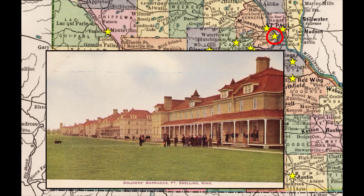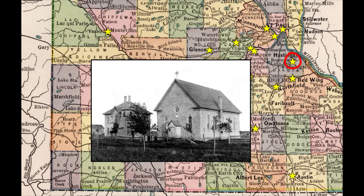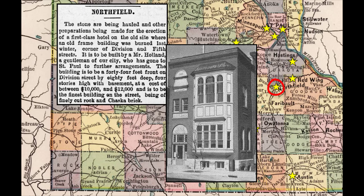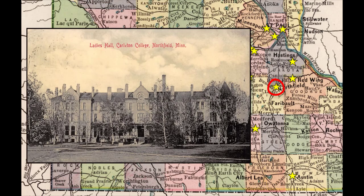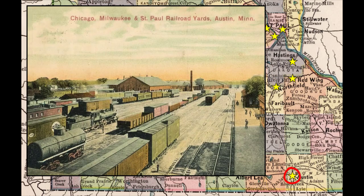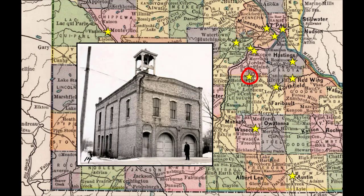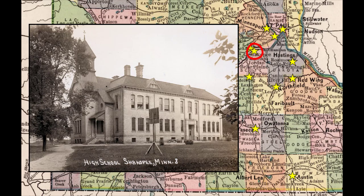Chaska brick were used in the barracks buildings at Fort Snelling, St. John's Catholic Church at Vermilion, Citizens State Bank at Cannon Falls, the YMCA at Northfield, the Ladies' Hall at Carleton College in Northfield, the Chicago, Milwaukee, and St. Paul Railroad Shops at Austin, the Waseca Mill, the City Hall at New Prague, the High School in Shakopee, the